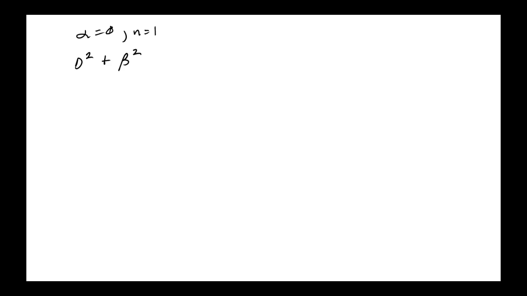So this is what we've got. D squared plus beta squared. That is your differential operator, okay? Operating on